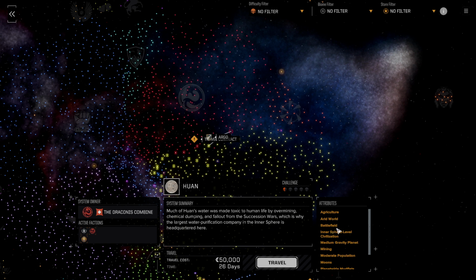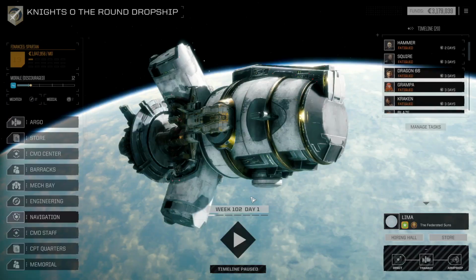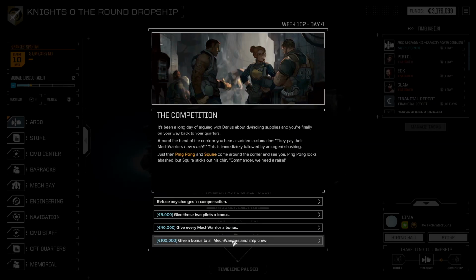Agriculture, arid world, battlefield, inner sphere, civilization, medium gravity planet, mining, moderate population, moons, planet-wide mud flats, research, travel hub. Okay, let's go there. Bio command. It did not list cities, and it looked to be about the...